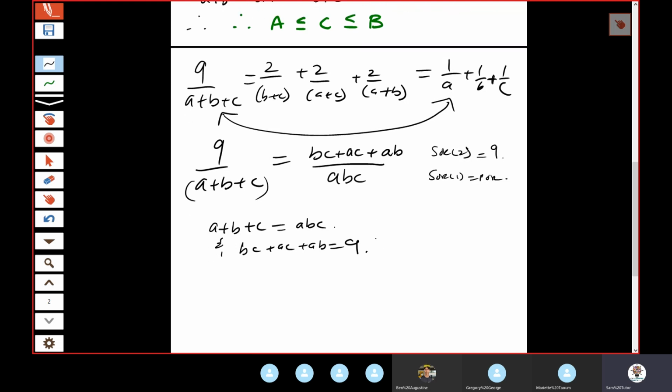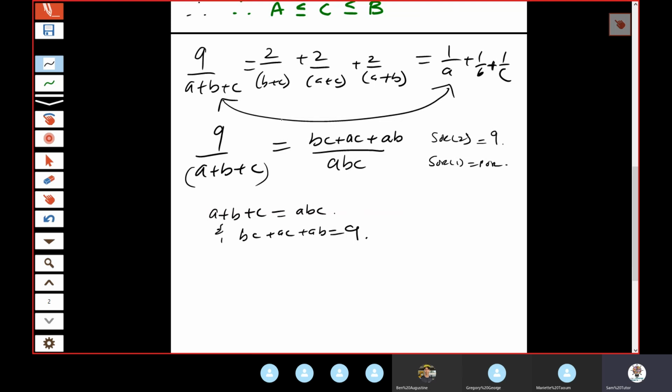Let me confirm. B plus c, 2 on b plus c, which is abc minus a. Yes. 2a plus 2c times a plus b. I'm just double checking it all. 2ab plus 2ac plus 2bc. AB plus AC, BC. Yeah, perfect. Okay, not wrong. So for equality to hold true,